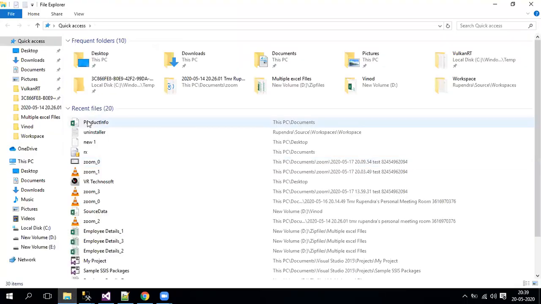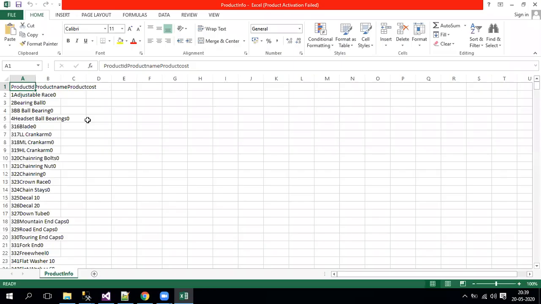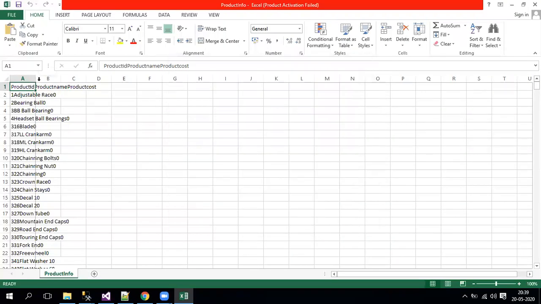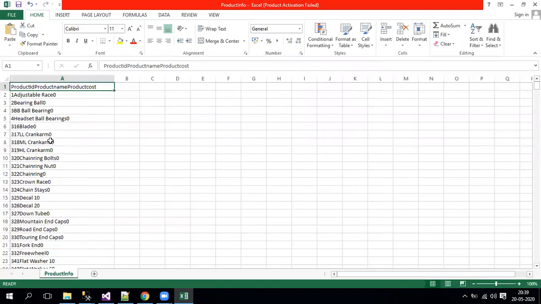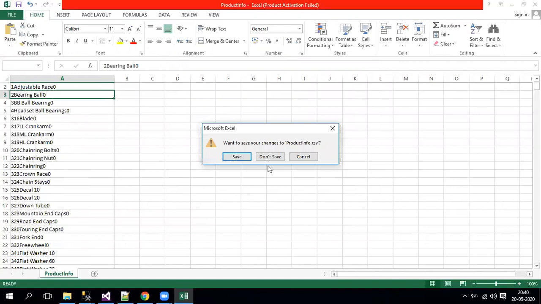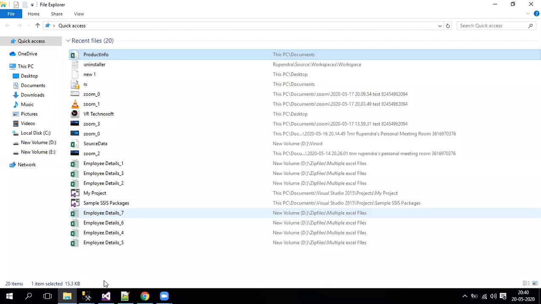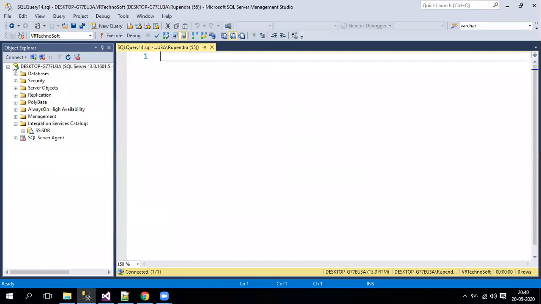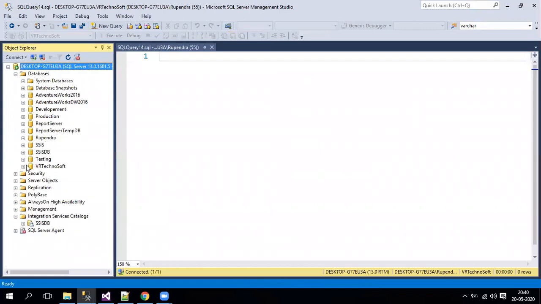Just for demo purposes, I took one table, that is product. Let me show you. This is the CSV file, and I do have the product, okay, it got merged into one particular column. So let me create one more file by using the tables.